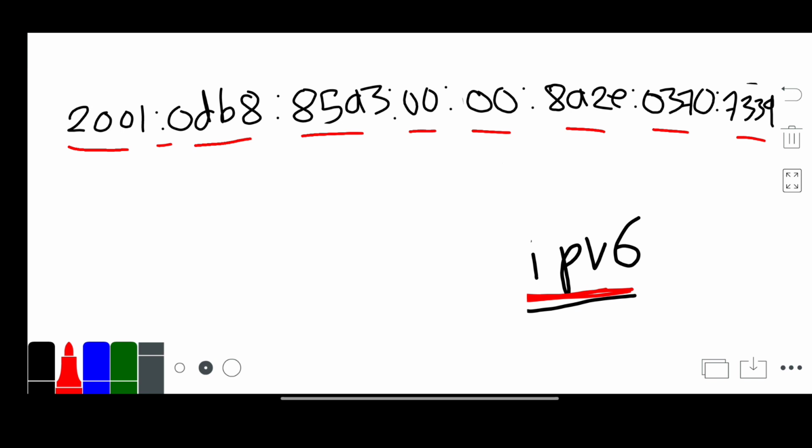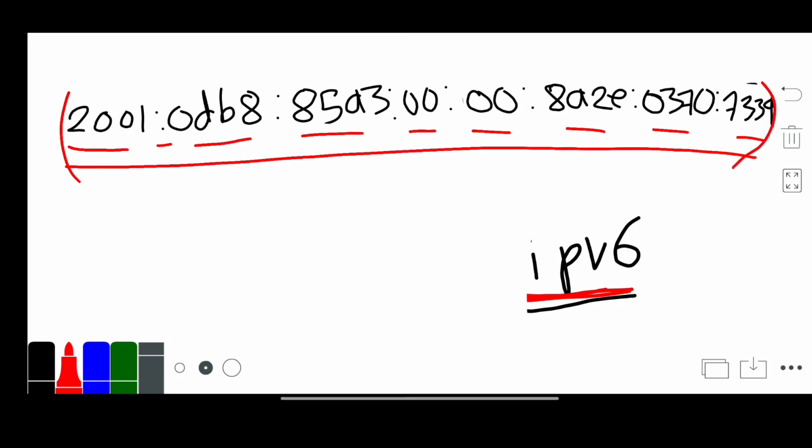So now our first condition will be, if our length is not equal to 8 after splitting, then we can simply say this is not an IPv6.